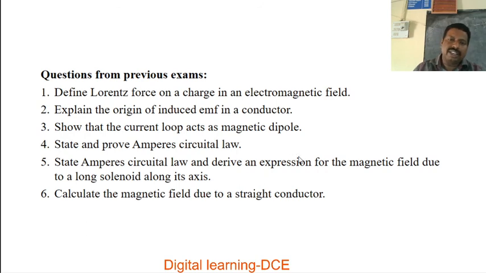In addition to this, you may expect some short notes questions also, that is, distinguish between B and H, what are the characteristics of the vector potential, what are the characteristics of magnetic lines of force, and the div B equal to 0 concept. These are some other questions you may expect. And one more is, when do we apply Ampere circuit law? There will be a 2 marks question on that.